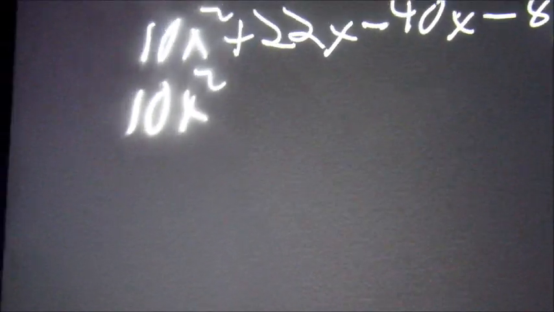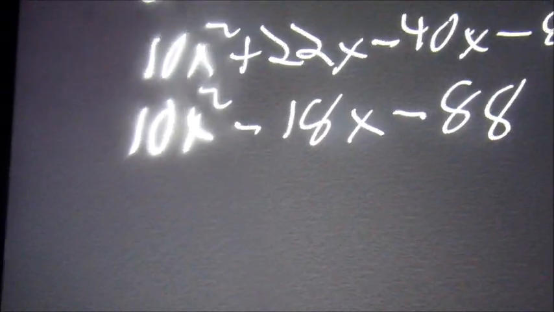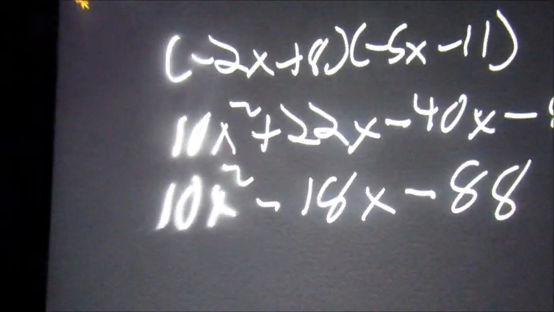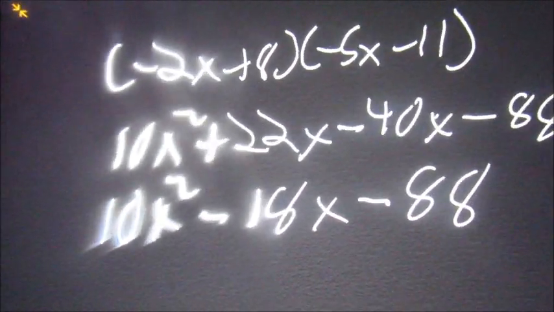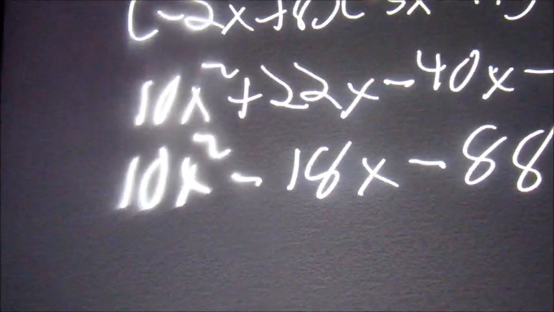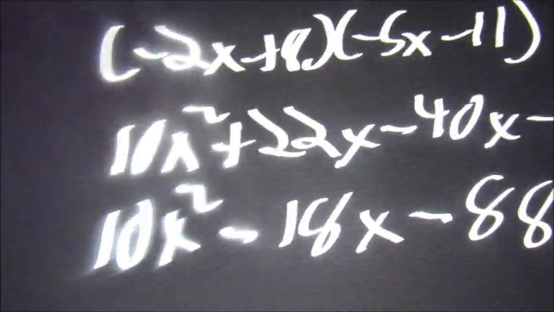We're going to combine the middle two terms. 10x squared minus 18x minus 88. When we do it with the FOIL, it's always the middle terms that we're going to combine if we have the same, here we had x and just a number, x and just a number. That's what most of them are going to be,